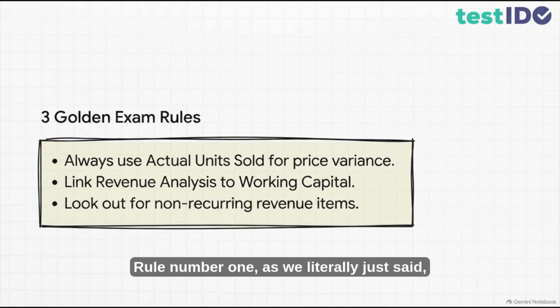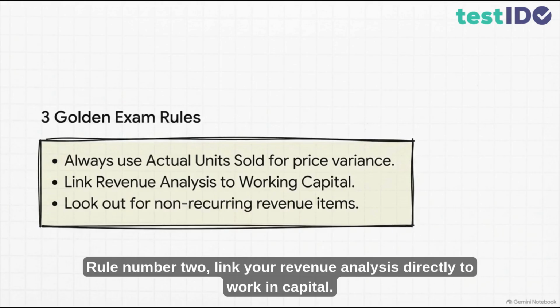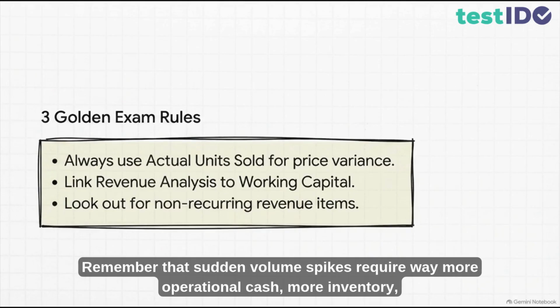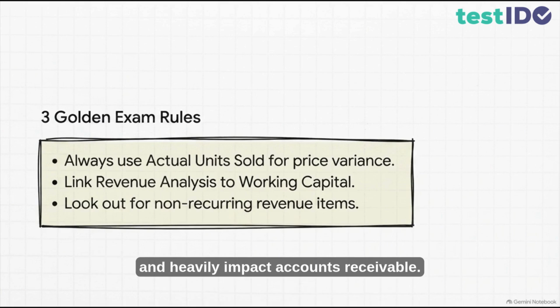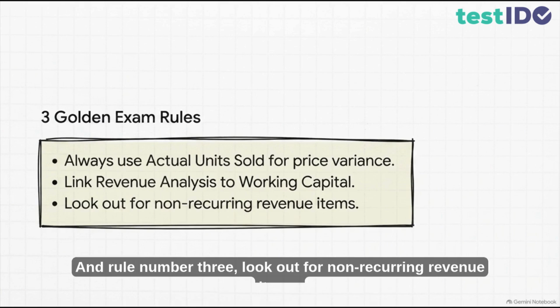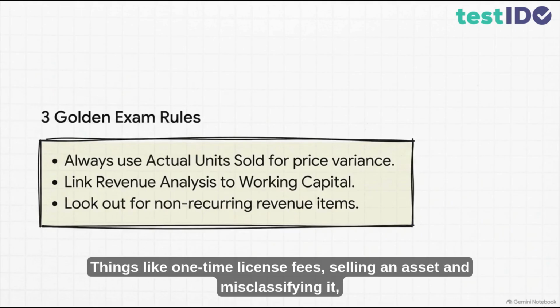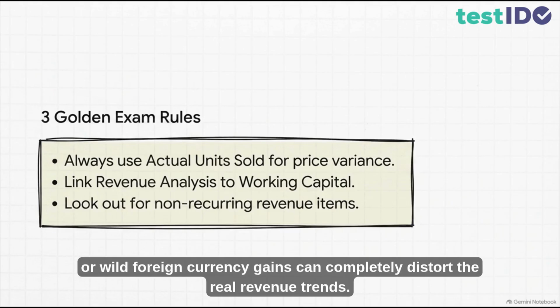Rule number 1. As we literally just said, always use actual units sold for price variance. Rule number 2. Link your revenue analysis directly to working capital. Remember that sudden volume spikes require way more operational cash, more inventory, and heavily impact accounts receivable. And rule number 3. Look out for non-recurring revenue items. Things like one-time license fees, selling an asset and misclassifying it, or wild foreign currency gains can completely distort the